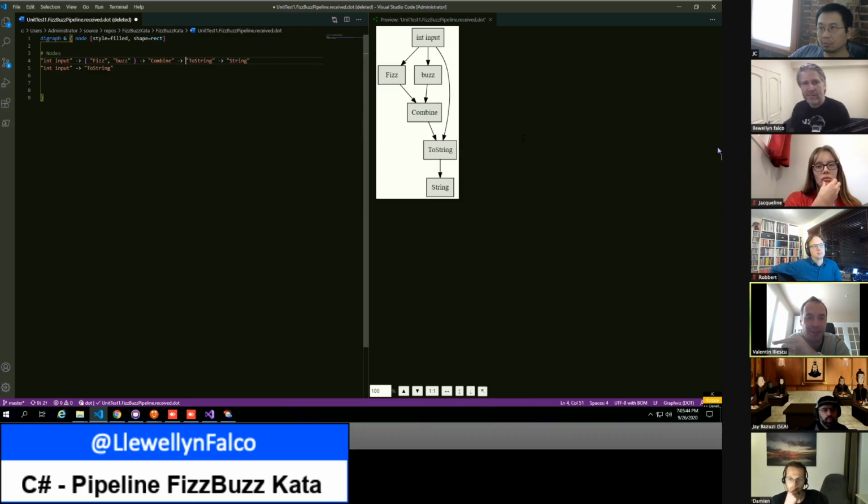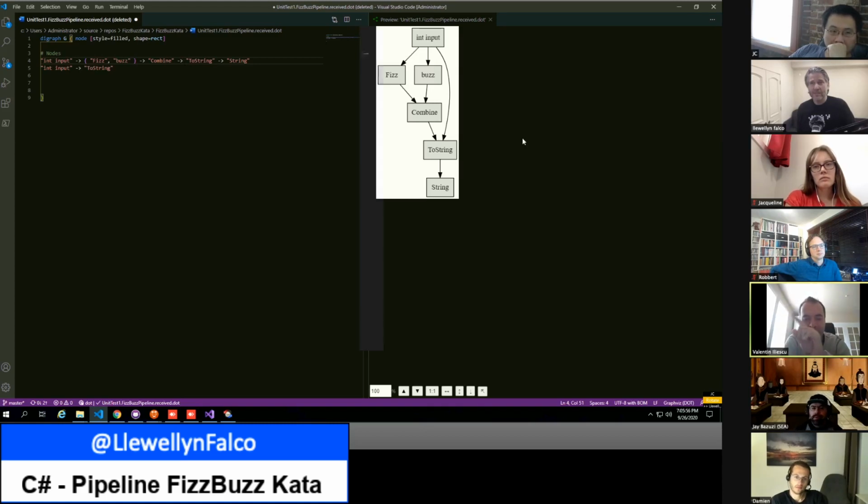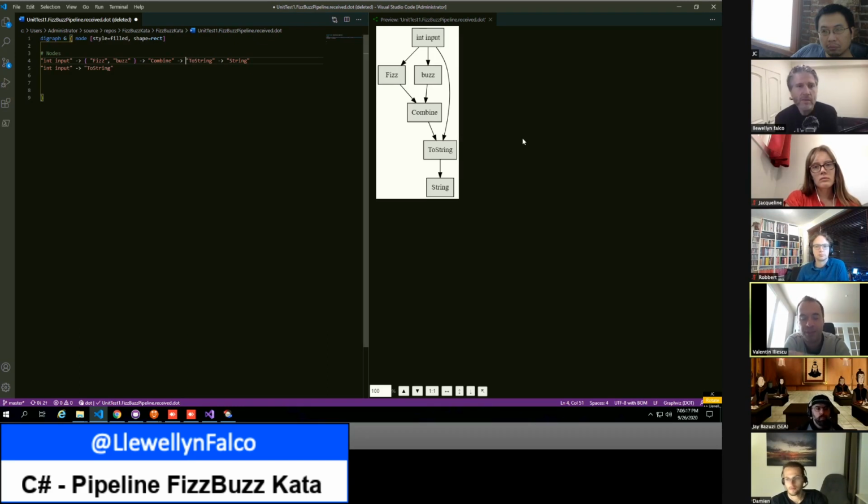So to me, this drawing is much clearer than the previous one. I think it's part of the feedback from when we did the tutorial a while ago and were asking why you need to make them into a tuple. Because for me as an end user, this one is much clearer. So if you could do somehow FizzBuzz go directly into combine.